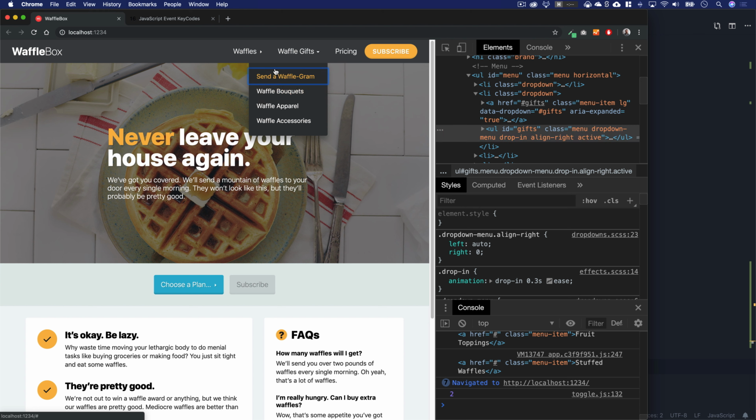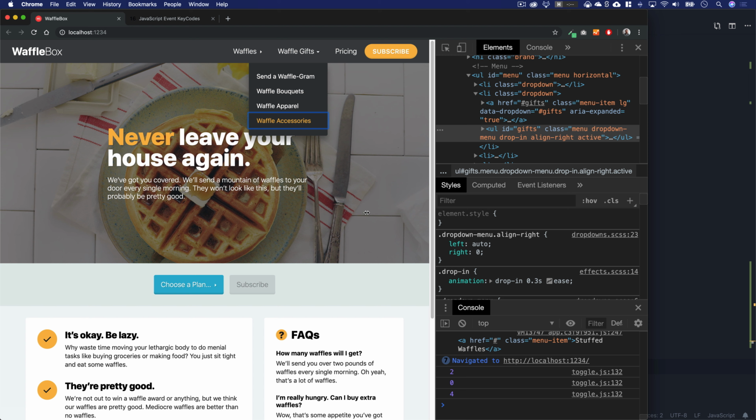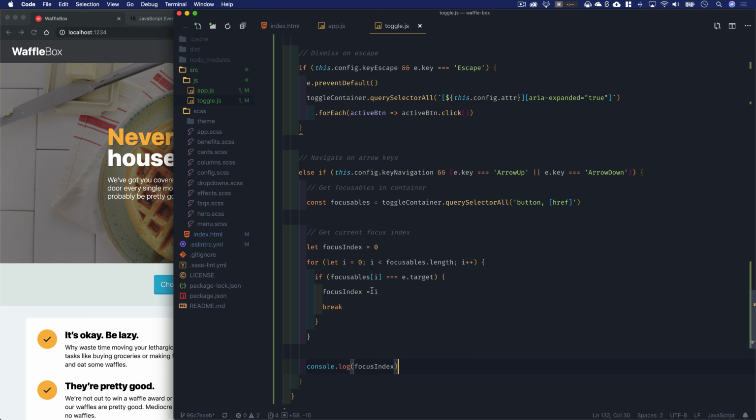If we tab to the first one and I hit up, you'll see it's going to log 0. If we tab to the last one and I hit up, it's going to log 4. So the focus index is now going to indicate which one of the focusables I'm actually focused on. And now we can actually navigate using the focus index by saying